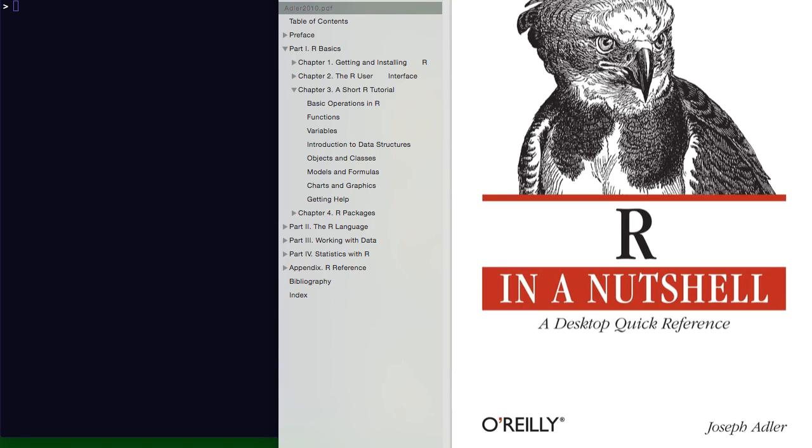Hi, Nick McQuaid here to go through a short R tutorial. This is from the book R in a Nutshell. I'm just going to do the first three sections of Chapter 3: Basic Operations, Functions, and Variables, and